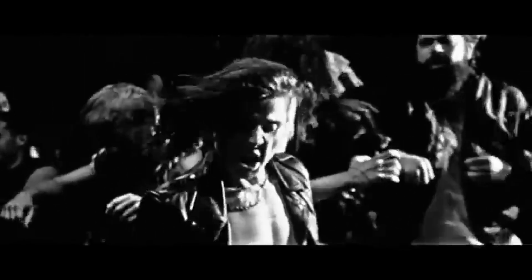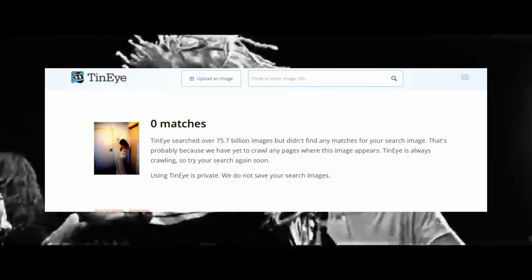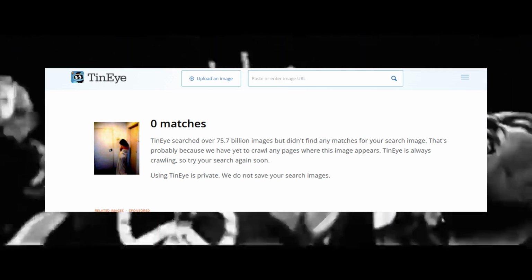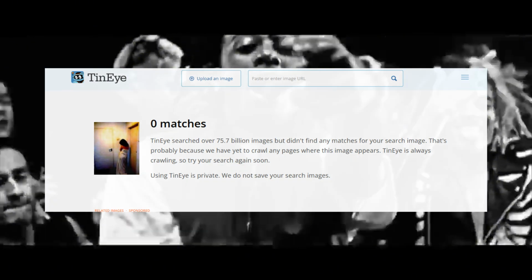There was no explanation, no user engagement, and more disturbingly, no results from any reverse image searches. The image could not be traced to a stock photo, a movie still, a public figure, or any known source online. It appeared to exist only within this pocket of YouTube, as if it had been placed here deliberately and nowhere else. The Reddit post didn't gain massive traction, but a few other users confirmed seeing the image and agreed